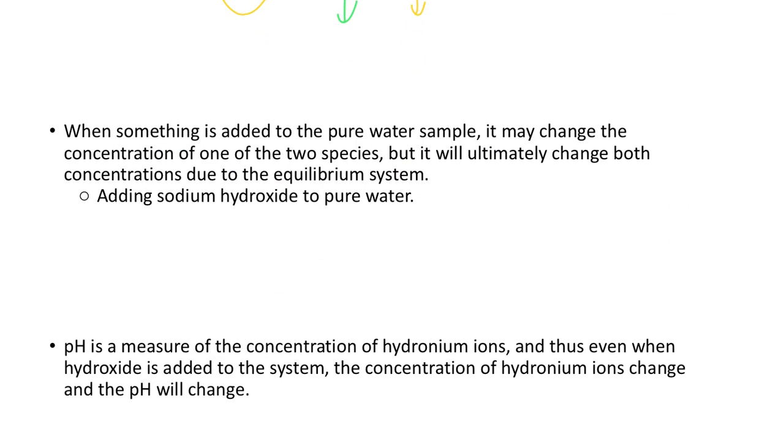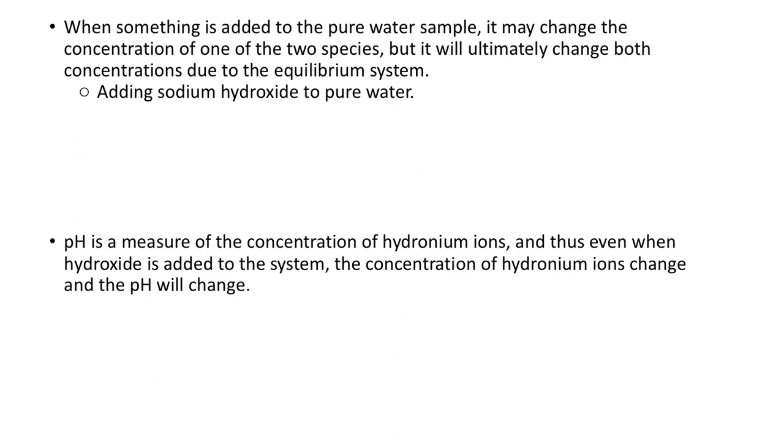So let's have a look here. When something is added to a pure water sample, it may change the concentration of one of the two species, but it will ultimately change both concentrations due to the equilibrium system. Even if you change one, you're going to change the other, because if you change one up, the other one's going to go down because of the equilibrium system. So if we have the equilibrium system here,